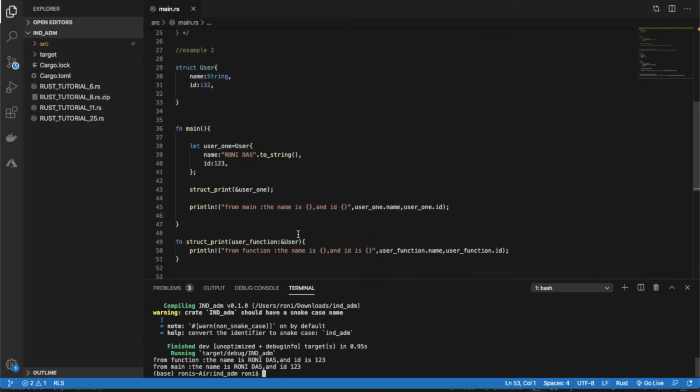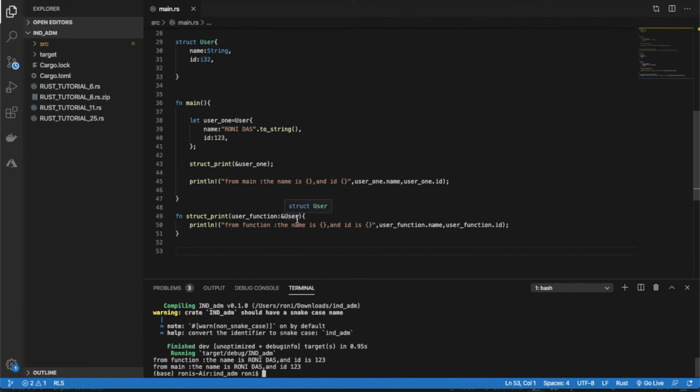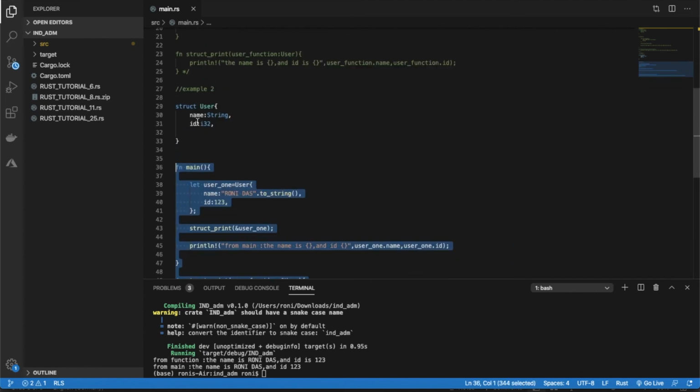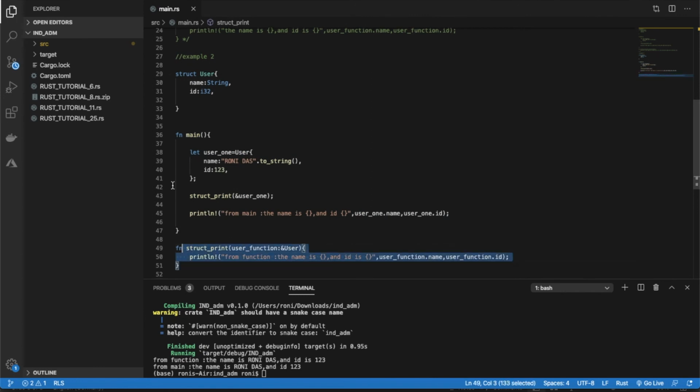So how do we use a struct as an argument without changing the ownership of its members from the calling function to the called function? For that, you should use this reference operator. Here we are only passing the reference of this struct, not the whole struct. We are not giving the ownership, so that is why we are not getting the error. So to mitigate that, you should always use this thing. Okay,